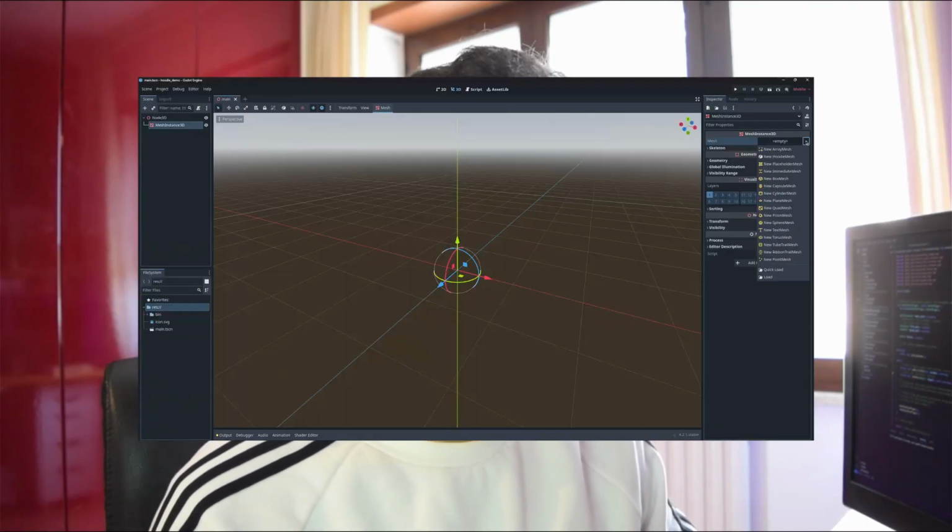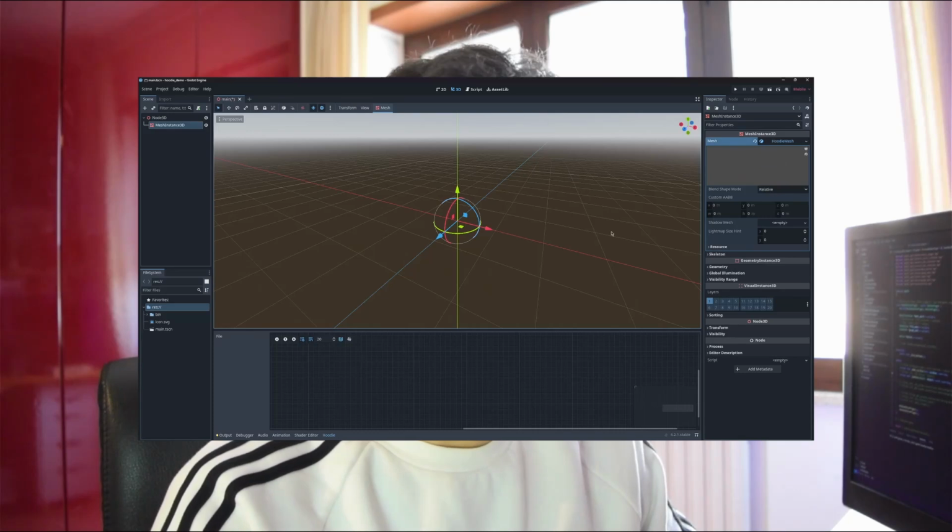We'll see how to instantiate our custom UI panel in the Godot editor and display it when we select our